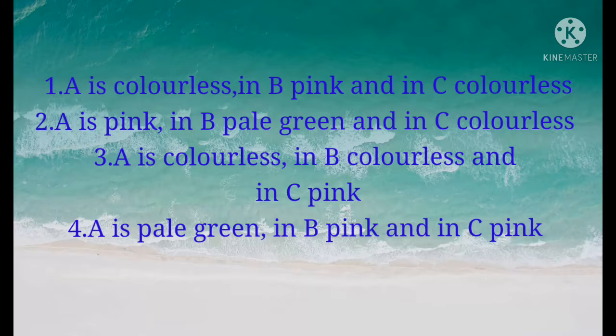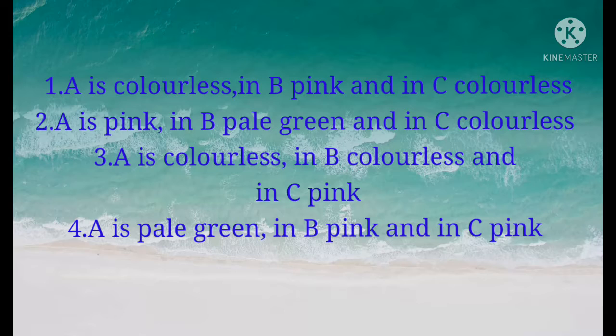In this test, you are provided with phenolphthalein indicator in all the 3 test tubes. Let us know about phenolphthalein first. Phenolphthalein is an organic compound. It is colorless below 8.2 pH, but it changes its color in a pH range between 8.3 to 10. So phenolphthalein is used as an indicator.